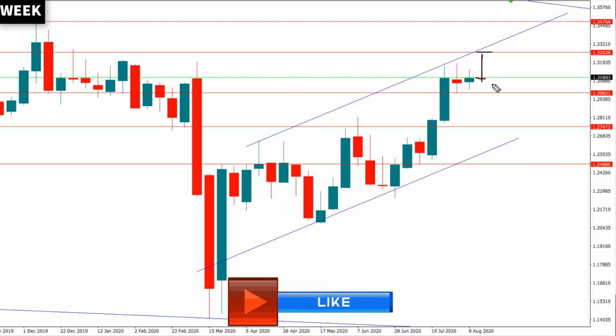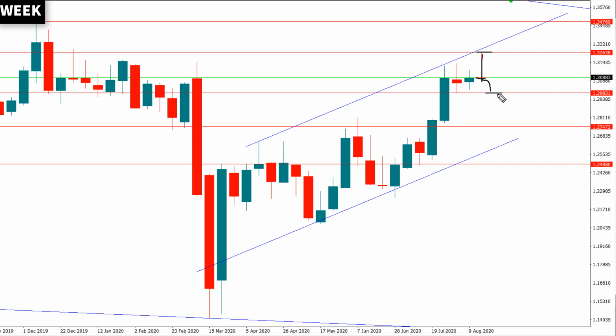So next week I wouldn't be surprised if the bears pull price downward to retest the key level structure, which acts at the price level of 1.29834. And then if the bulls fail to defend this key level structure of 1.29831, don't be surprised if the bears are willing to pull price downward. And then the next key level structure we have to look out for is the